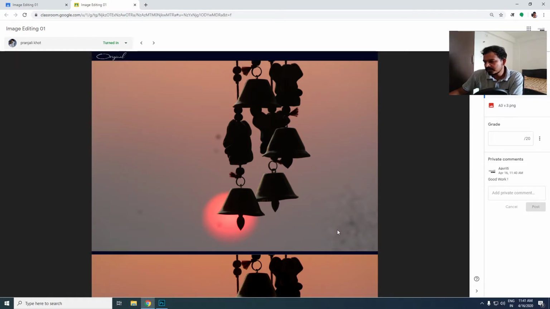Maybe a distant object got blurred because of the focus shift, and we also have a couple of bokeh effects happening here, which are slightly distracting